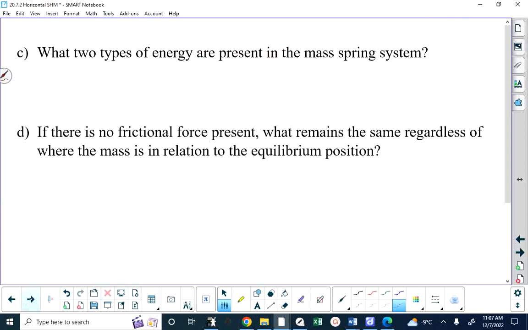All right. What two types of energy are present in the mass spring system? So the mass is oscillating back and forth. What's one type of energy that the mass would have at some point in time? It would have spring potential energy. And it would have spring potential energy whenever it is not at the equilibrium position. So spring potential energy